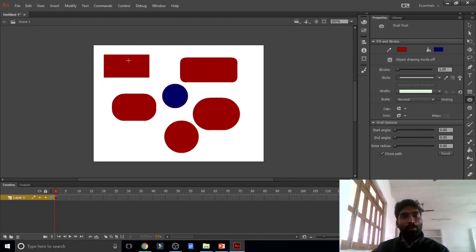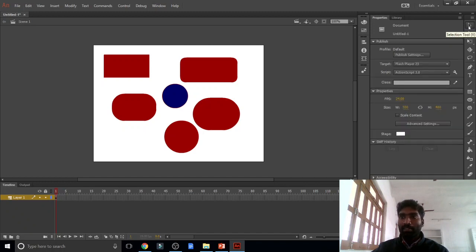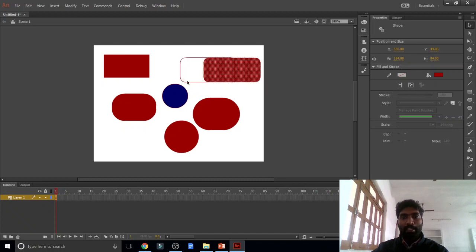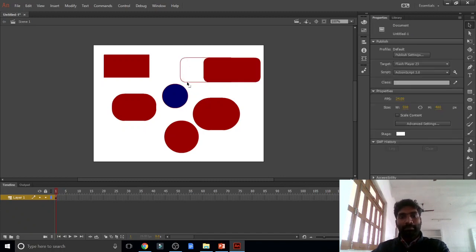Sir, if I want to move this rectangle, or this oval, how can I move it? In the toolbar, this is the selection tool. With the help of the selection tool we may move these shapes and objects. Now I am selecting this. Select it, click and drag.